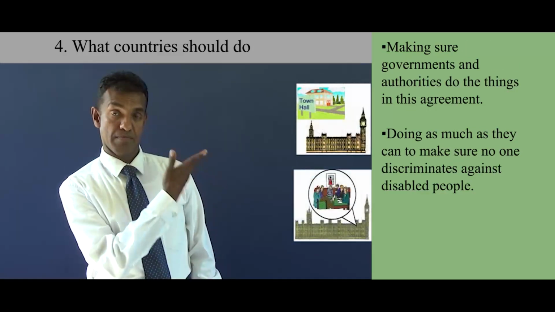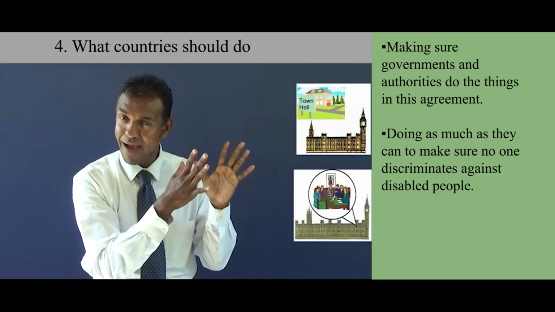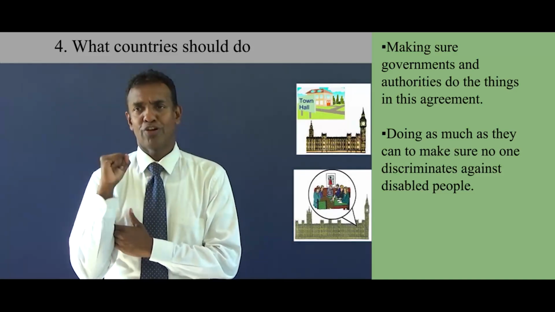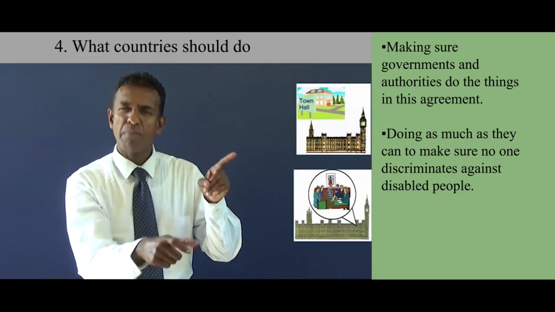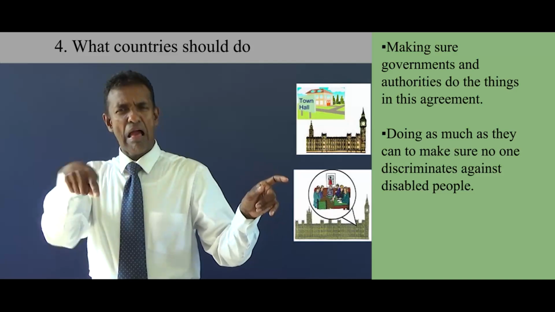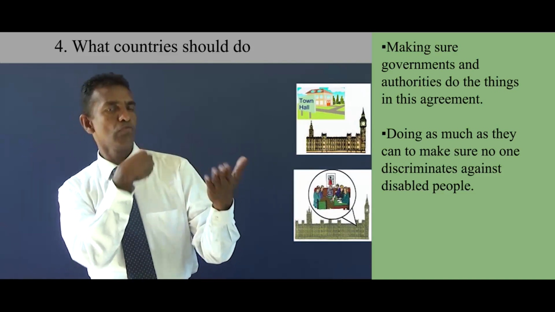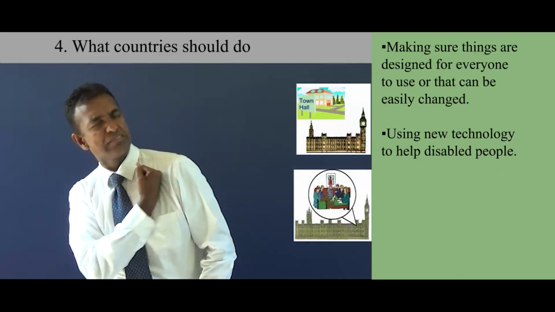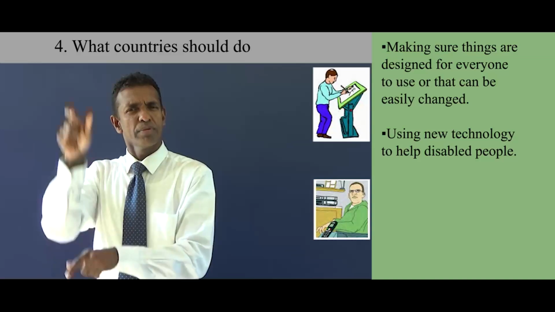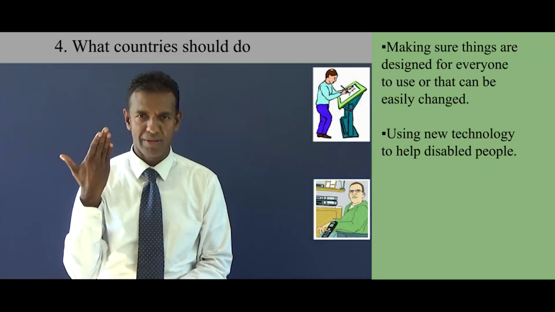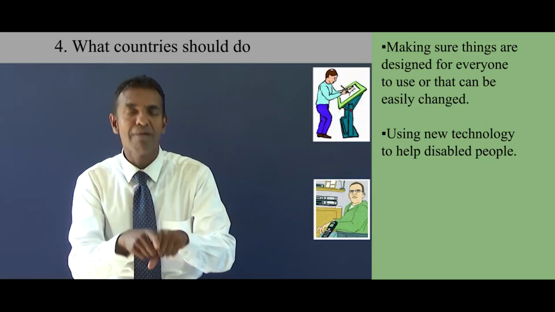Making sure governments and authorities do the things in this agreement, doing as much as they can to make sure no one discriminates against disabled people, making sure things are designed for everyone to use or that can be easily changed, using new technology to help disabled people,